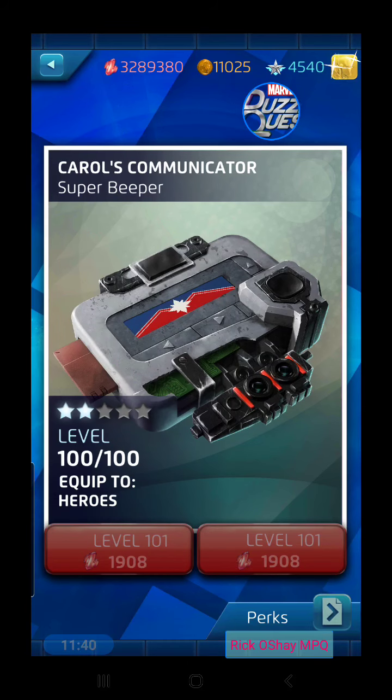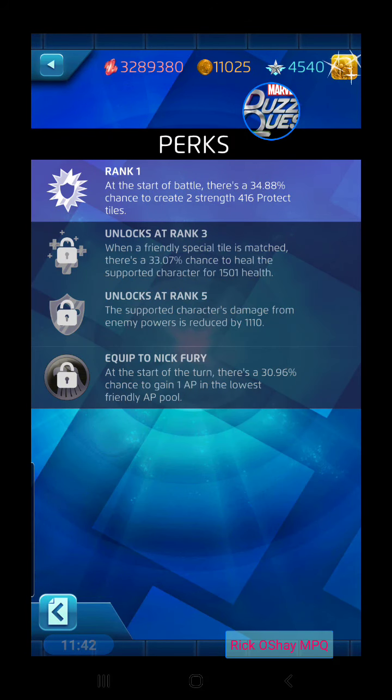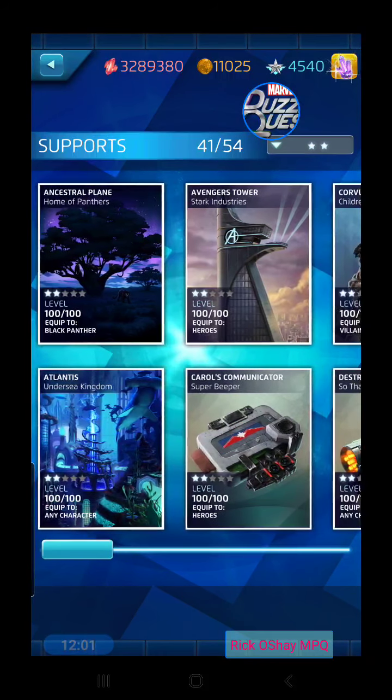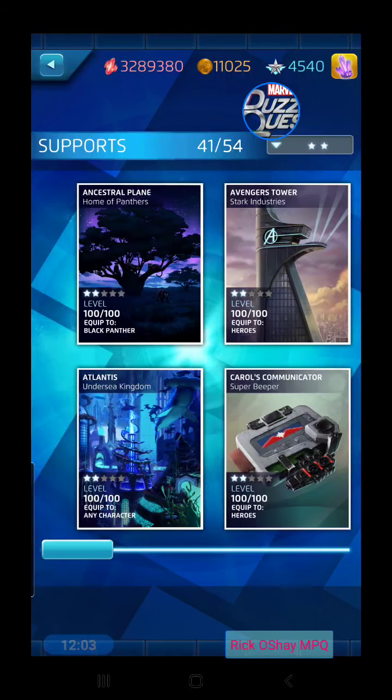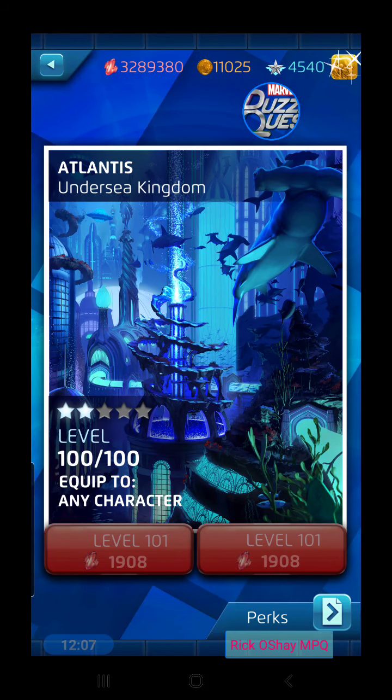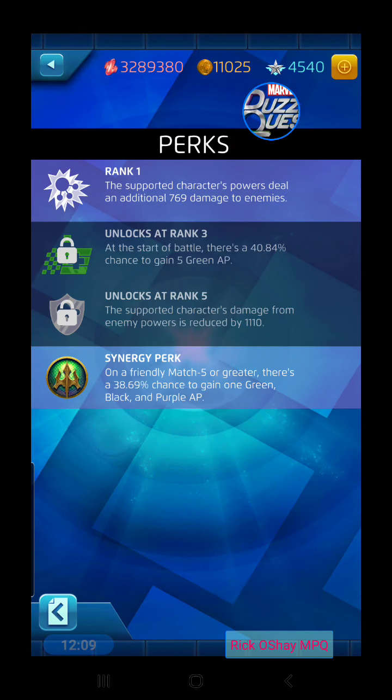This Carol's Communicator, let's see, doesn't have a rank 2, but rank 1 is pretty decent. You have a good chance, almost a 1 in 3 chance, to start a battle with 2 strength, 416 projectiles. That's really huge for it only being a 2-star support. That's it for the 2 stars, although I will point out that Atlantis is another highly sought after support, mostly